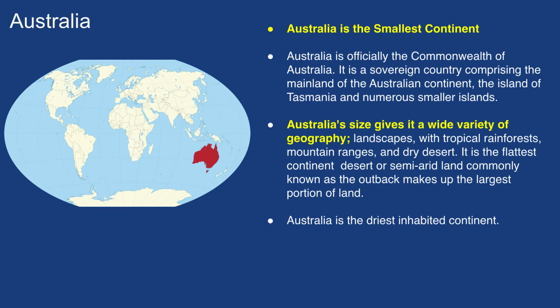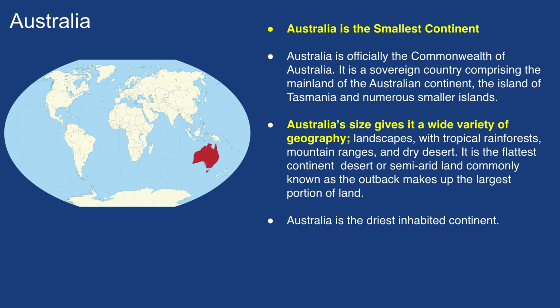And then you have Australia, which is the smallest continent. It is officially the Commonwealth of Australia. It is a sovereign country comprising the mainland of the Australian continent and the island of Tasmania and numerous other smaller islands close to it. Australia's size gives it a wide variety of geography, landscapes, tropical rainforests, mountain ranges, and dry deserts. It's also the flattest continent, with desert or semi-arid land, commonly known as the outback. And Australia is also the driest inhabited continent, and also has some really big spiders that I definitely never want